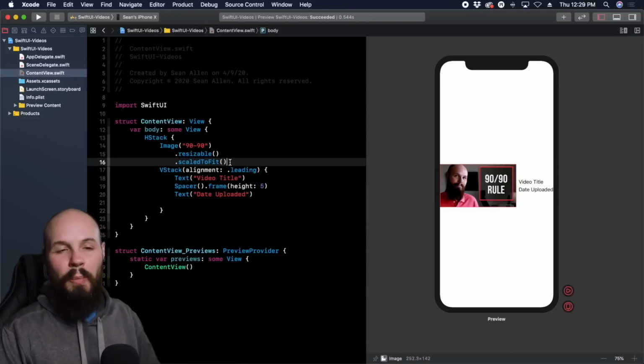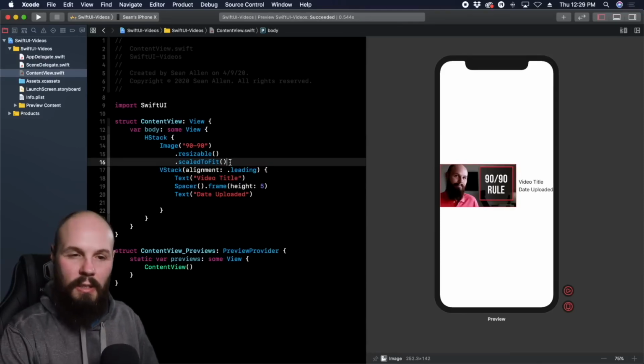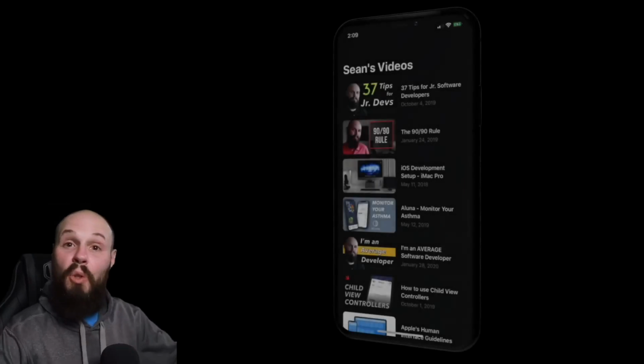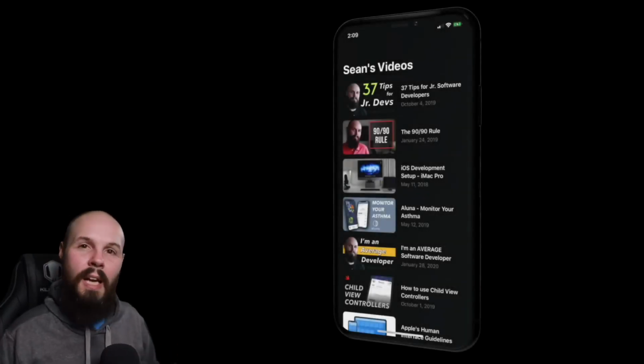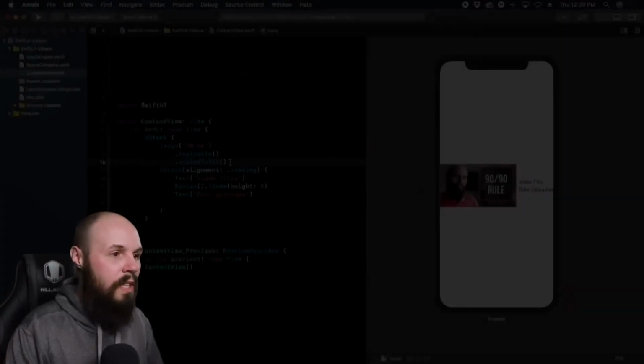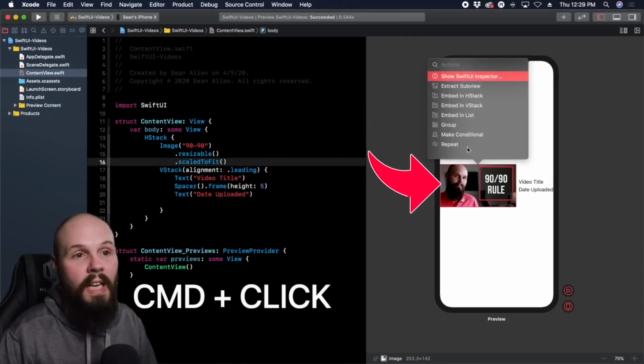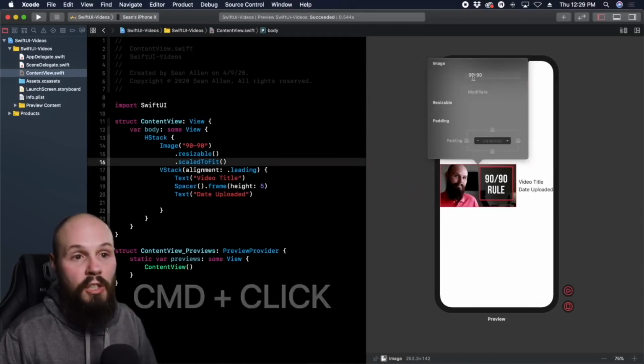Our image is a little big, right? It dominates the whole HStack, right? It's taking up like 60% of it. And again, if you look at our design, it's smaller. So what we can do here is also assign a frame to the image. Now you see me typing code, I'm just kind of used to that. But again, what I can do is command click on the 90/90 rule image and say show SwiftUI